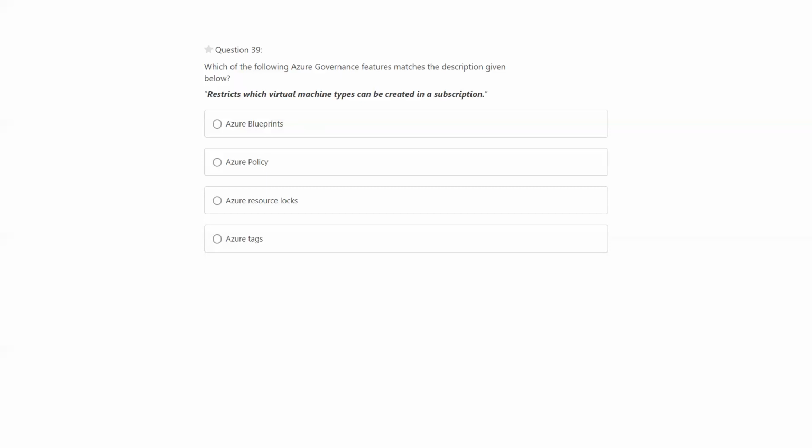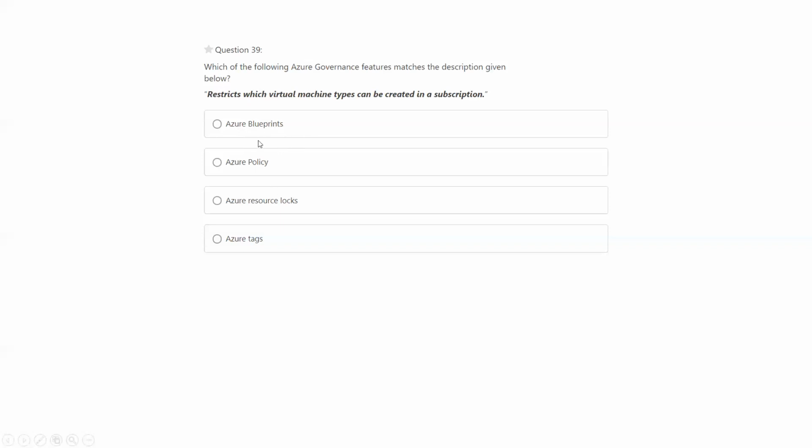Restrict which virtual machine types can be created in a subscription. With Azure Policy, you can define a policy to restrict which virtual machine types can be created. So you can say, I don't want my developers to create the high-end configurable VM. So that can be defined inside Azure Policy.